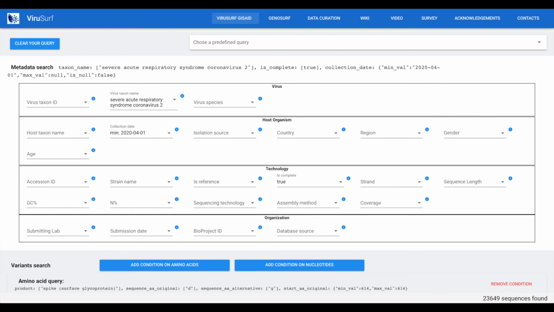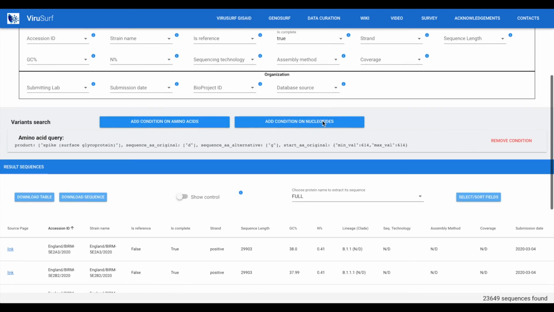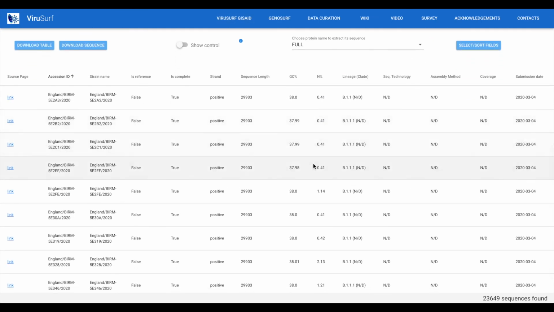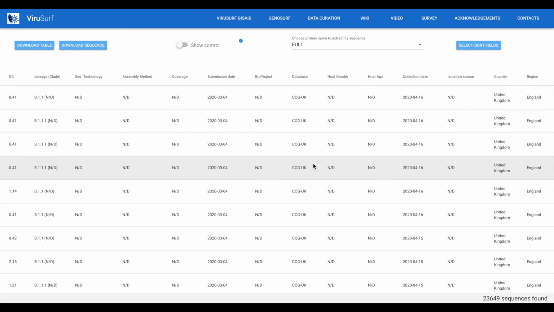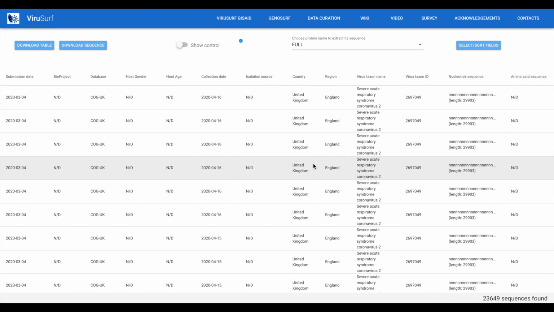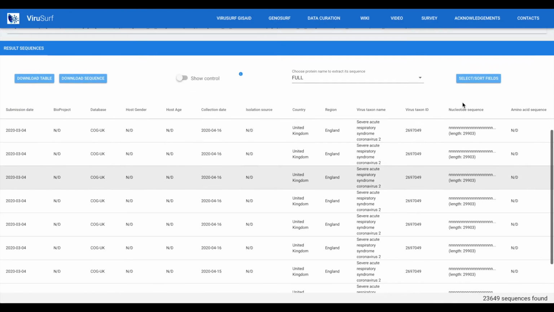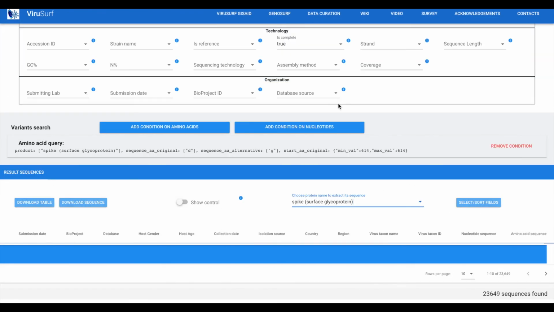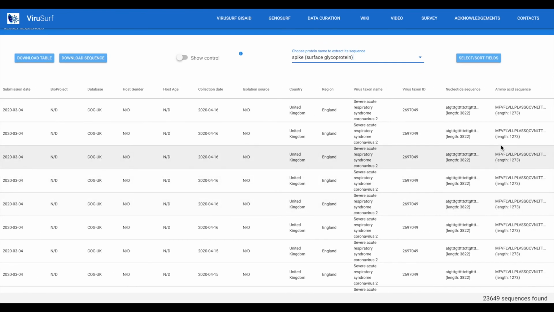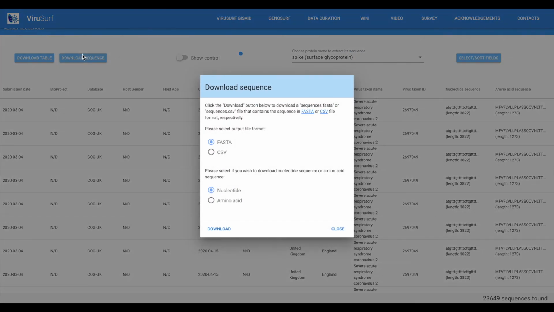Finally, the user may be interested in exploring the table of extracted results. Note that in the last column, the nucleotide sequences can be visualized. If we select from this list the spike protein, we can visualize the related amino acid sequences. Then we can download conveniently the whole table with describing metadata, or just the sequences with the